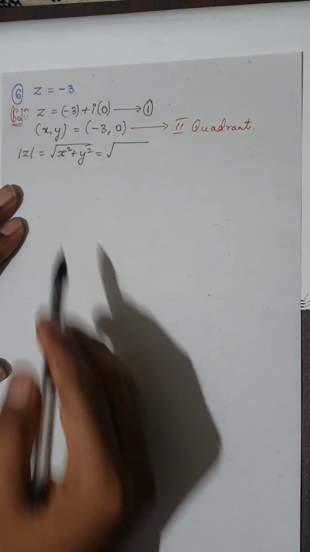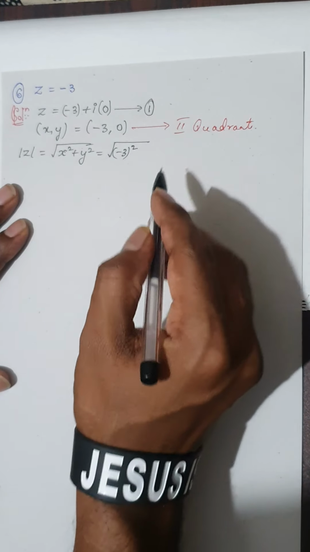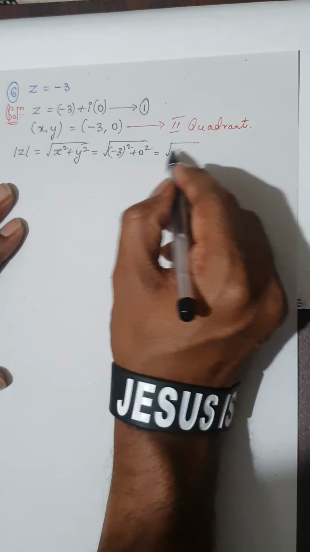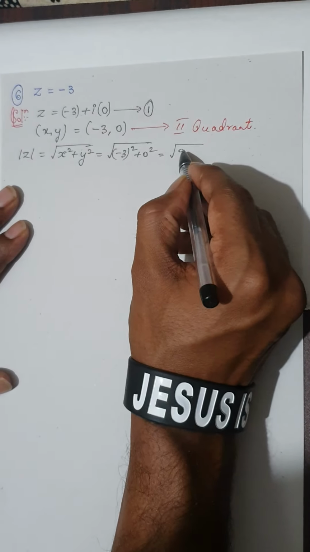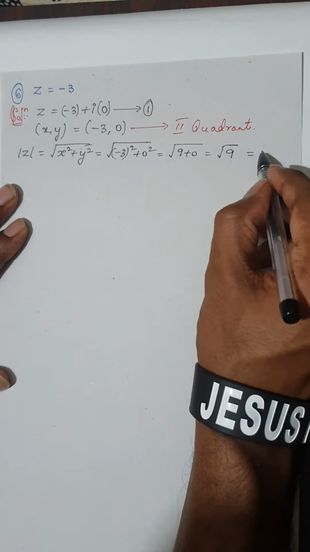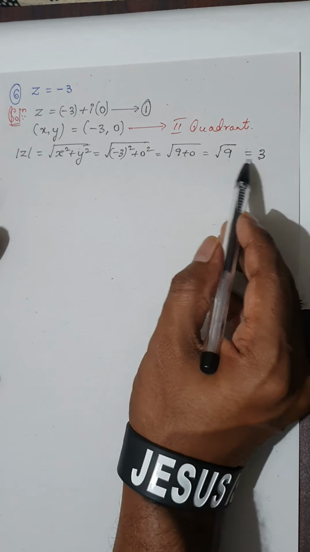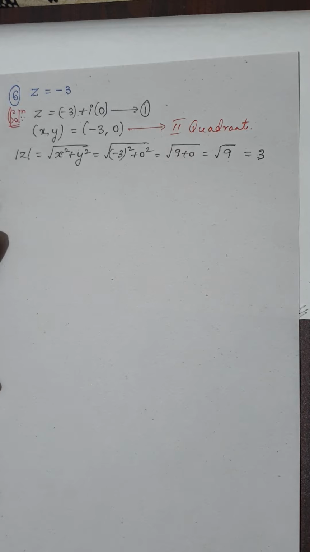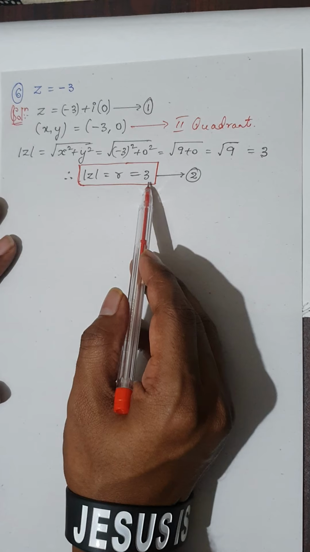That is mod z. Mod z is root of x square plus y square. So that will be nothing but minus 3 square plus 0 square. 0 square I can take simply as 0. So minus and square will go off. 3 square will be 9 plus 0. So you will get root 9. That means you will simply have plus 3. Remember 9 is nothing but 3 square, so root 9 is nothing but plus 3. Remember, don't take negative value here. Therefore, we have got the modulus value. So modulus of z is nothing but the value of r, that is equal to 3.